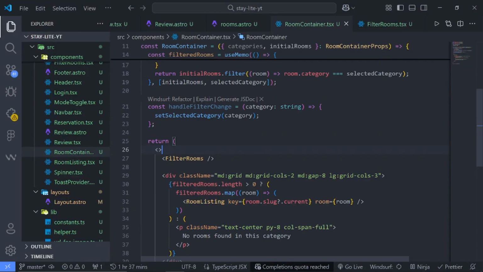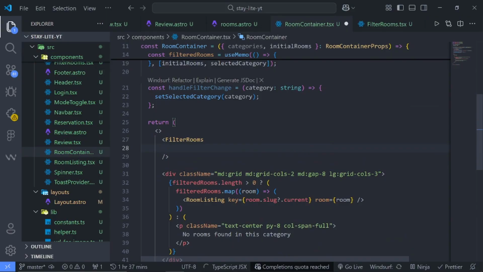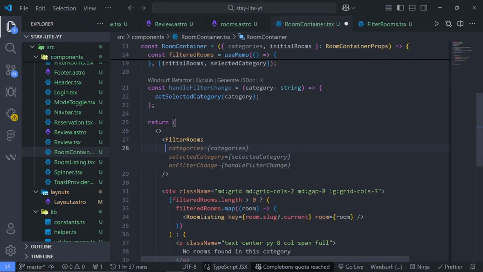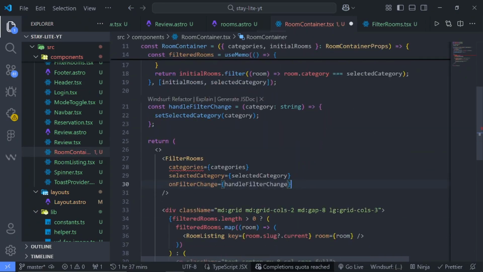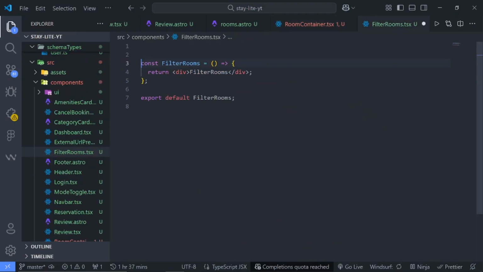So we need to go to our filter rooms. But before then, let's pass all the values that we need. So we need the categories, and again, I will just tap through all this because we need the categories, the selected category, and this function to toggle between each of the categories. So I will save this and I'll go back to the filter rooms, and for this we say